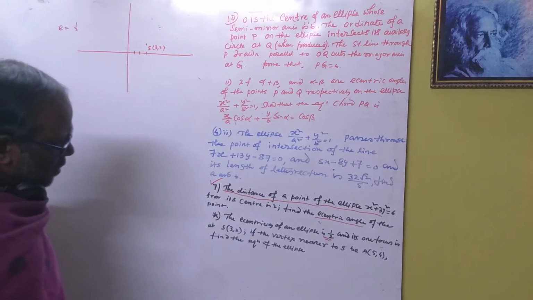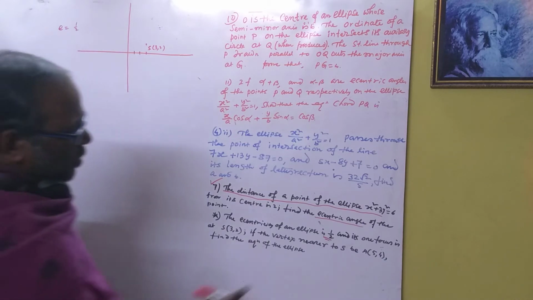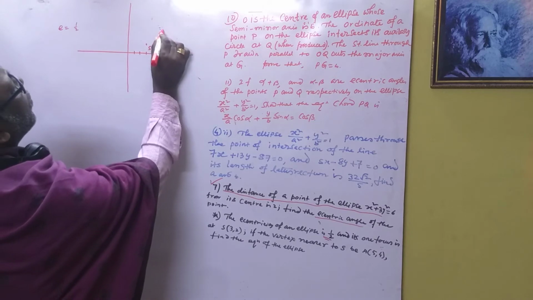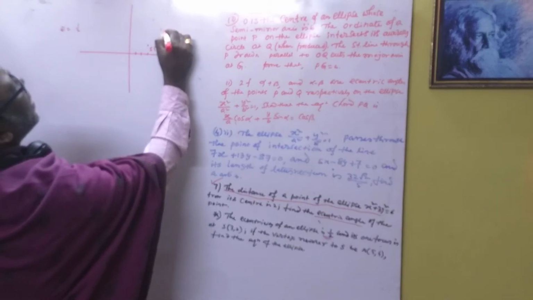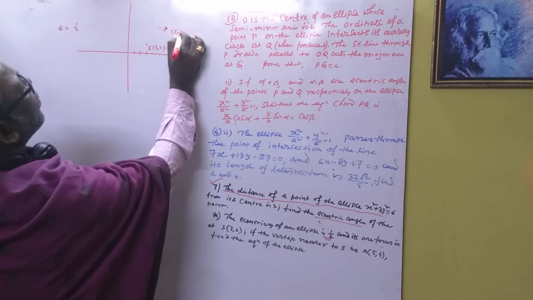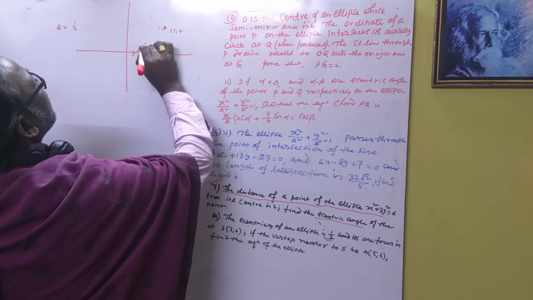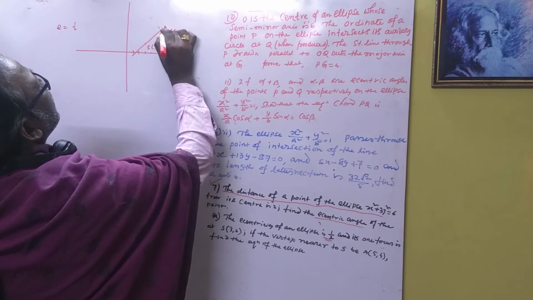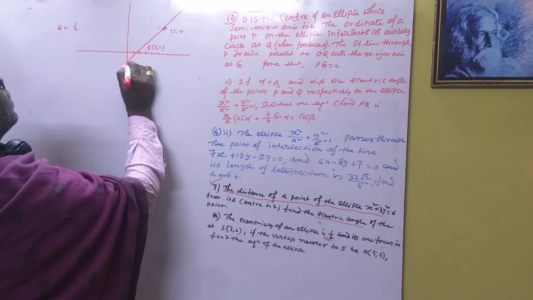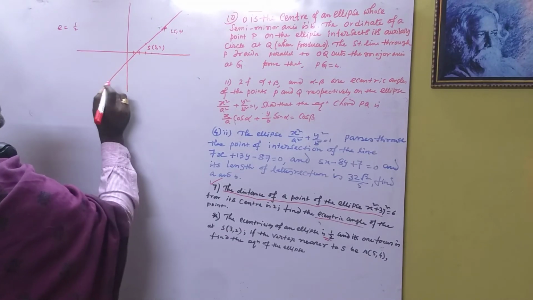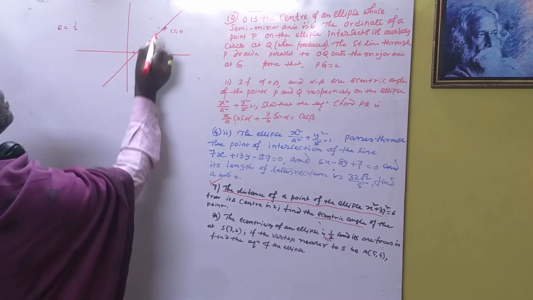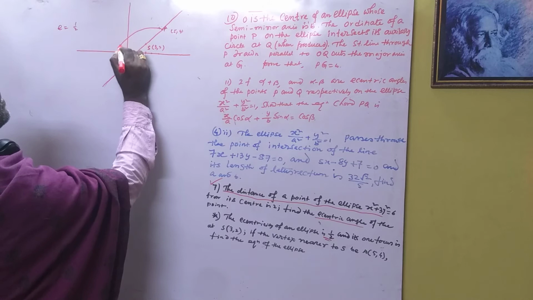And nearest to S, the vertex of the ellipse is (5, 4). So again 3, 4 and 5, and this is here 4. So this is the vertex of the ellipse nearest to S, and that is here (5, 4), and join these 2 points. Okay, so this is the axis of the ellipse, showing focus and vertex, and this is your vertex.